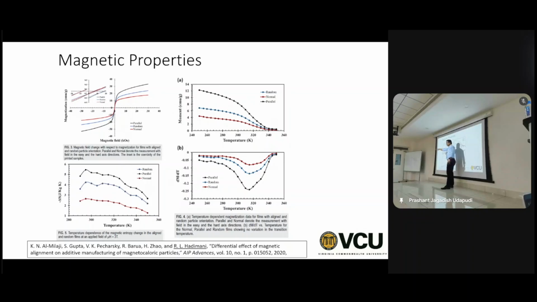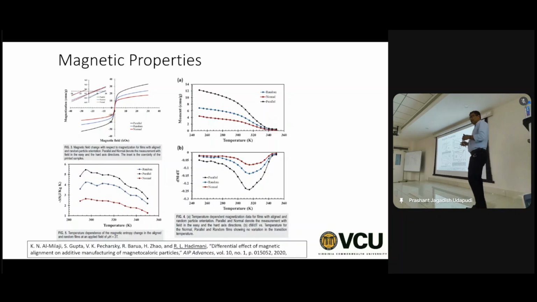In the other direction, we got the hard axis. Red is in a lateral direction or normal direction. Black is the parallel to field direction. And when no magnetic field is applied, we get blue. Okay, so